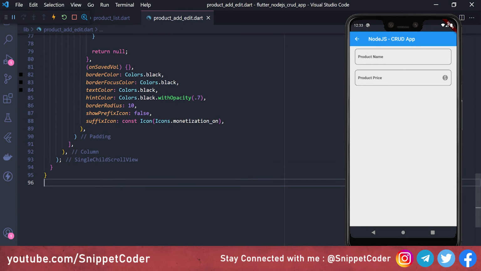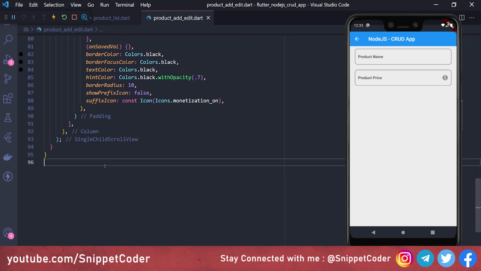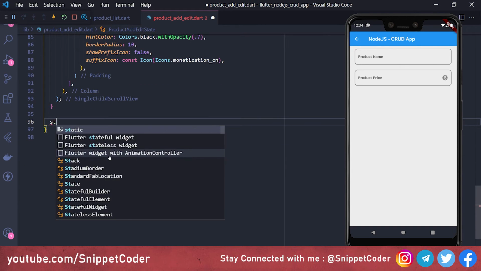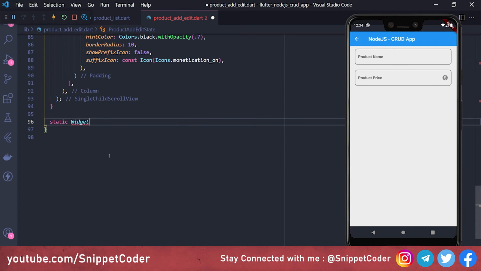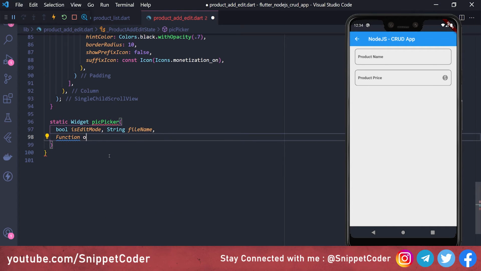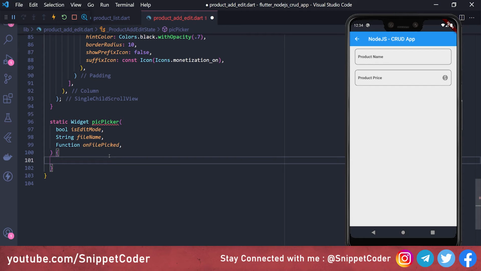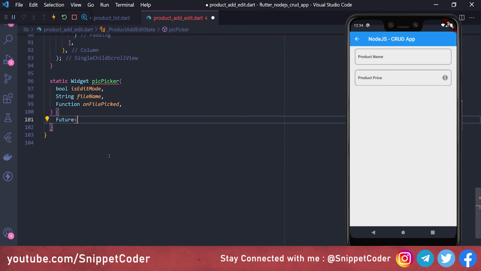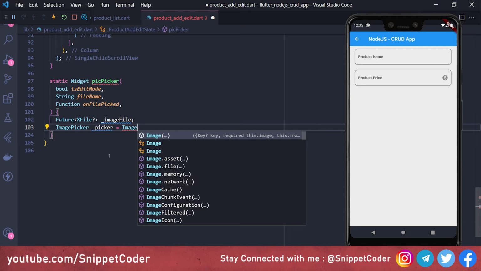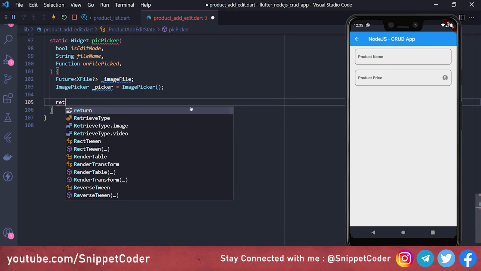And next one is for our picker, and for that we have to create one widget here. Here we will create one static widget picker, and here we have to put some variables. Boolean type of isEditMode. Then we have the string type of fileName. Then we have the function onFilePick. Here we have to create one variable of Future XFile nullable _imageFile. Then here we have ImagePicker _picker is equal to ImagePicker, and from here we will return Column